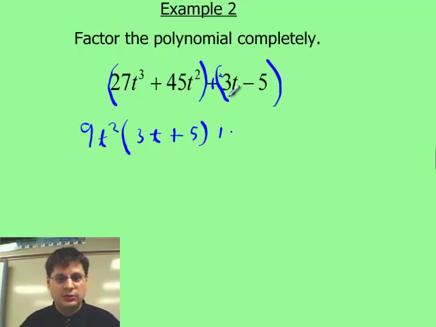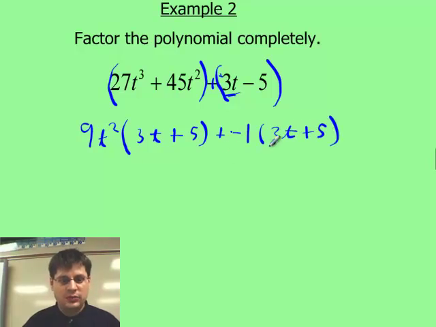And then here I always want this first term to be positive, so I'm going to factor out a negative, and that's it. There's nothing else, so I'm just a -1, which will leave me with 3t plus 5. And now these both have a 3t plus 5, so we'll bring that down. So we factor that out, and then we're left with